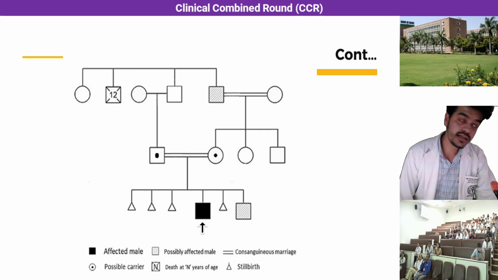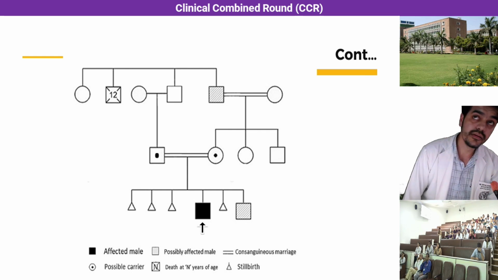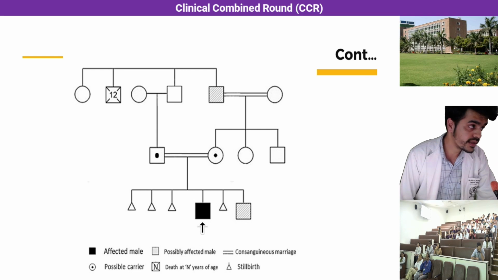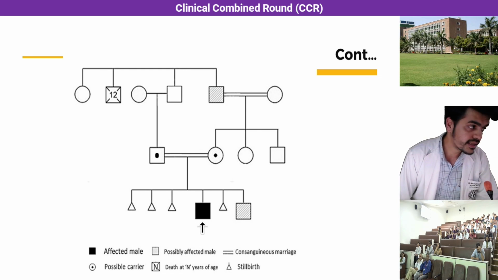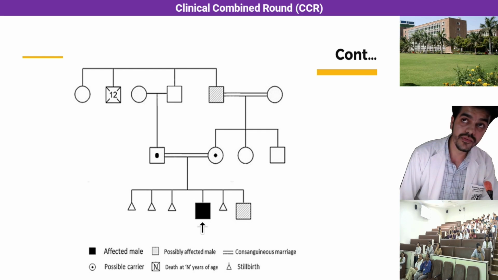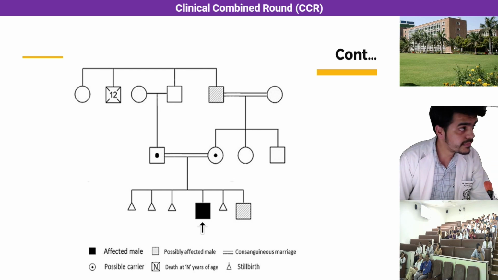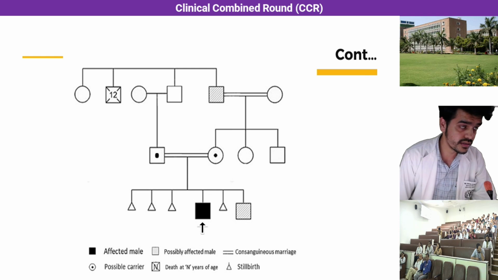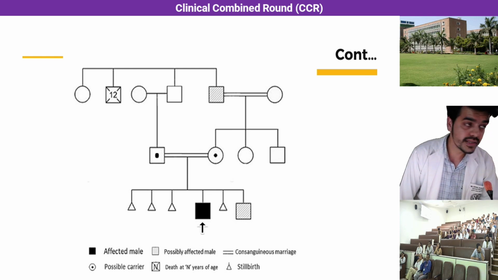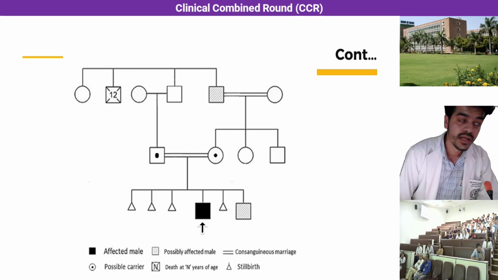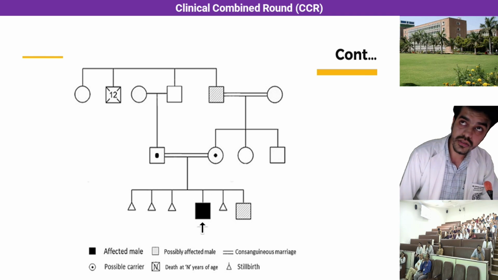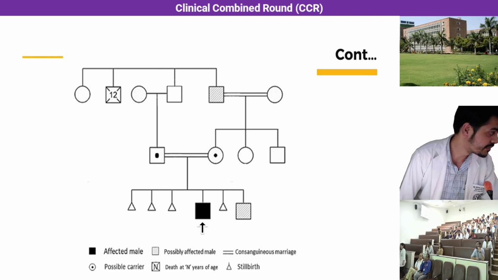This pedigree shows the consanguinity within the family. Both the mother and father of the affected child were considered to be carriers. However, no genetic evaluation was done for both the parents. Also, the mother had a history of 3 miscarriages before the birth of the affected child, followed by 1 miscarriage. Also, another sibling, a 2-year-old male, has been considered affected, but no genetic evaluation has been done. So further, I'll request Dr. Hemlata to discuss the dental management of this particular patient.